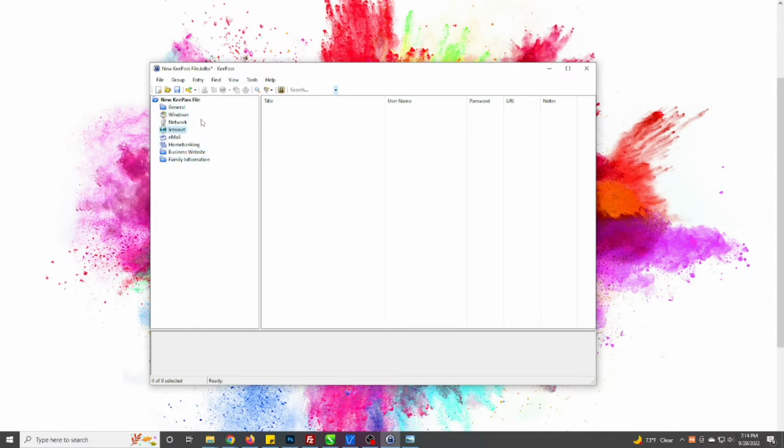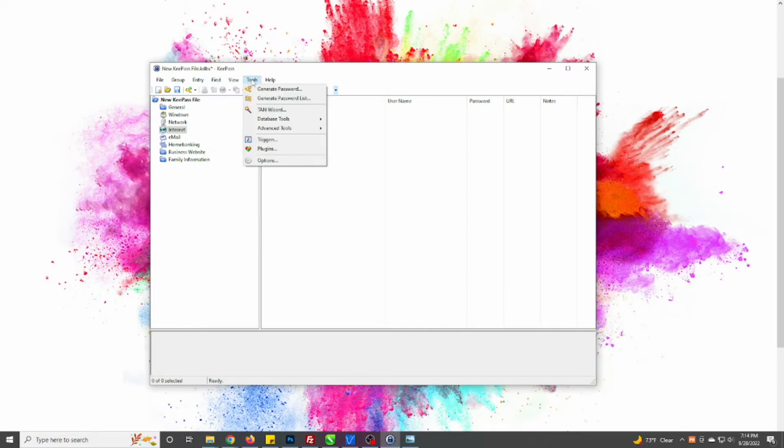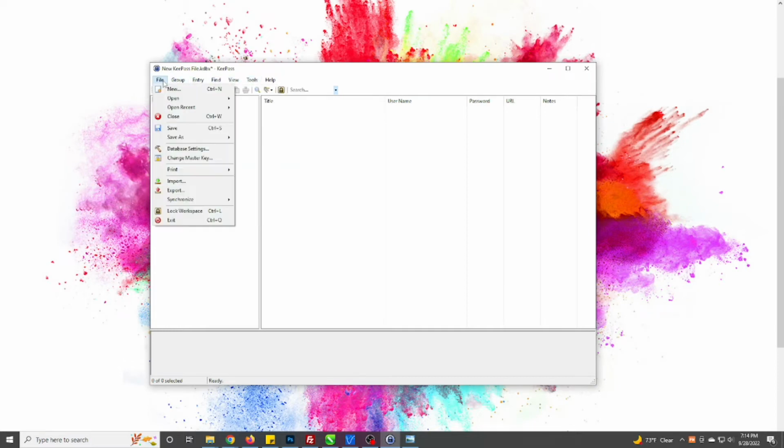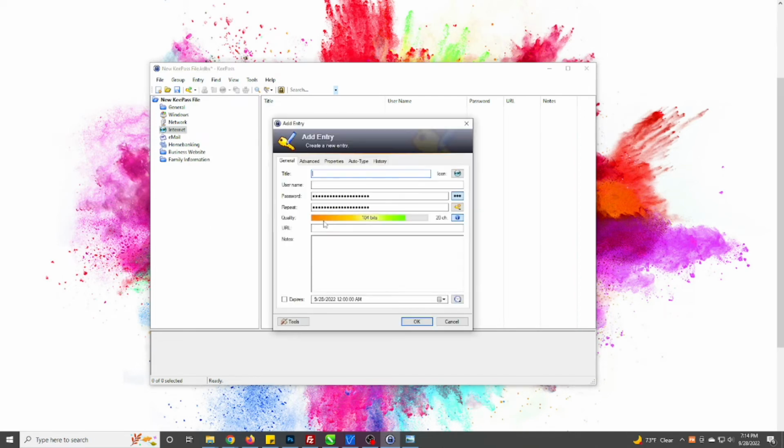Whenever you select a particular category, maybe you right click on it, you can do add entry. I typically don't use any of the options up here, but that gives you also add entry, and just different options within the typical menus there. But add entry, let's say you're going to have an Amazon